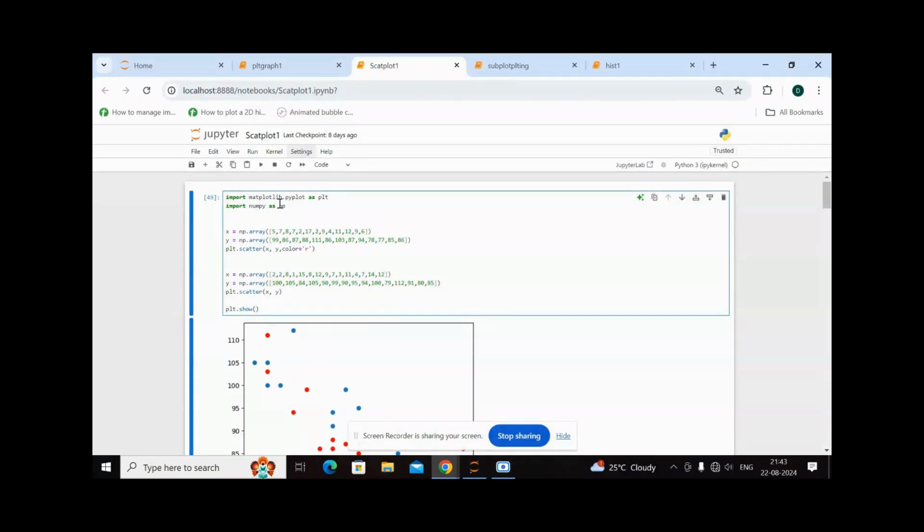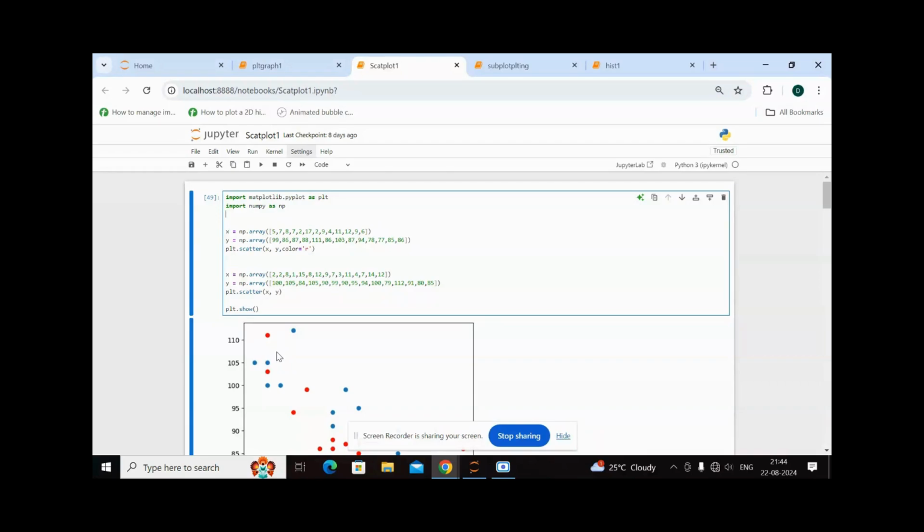Import matplotlib.pyplot as plt, import numpy as np. These two modules are used in the code to show the graphs using the scatter method. It is similar to the bar graph and line graph.